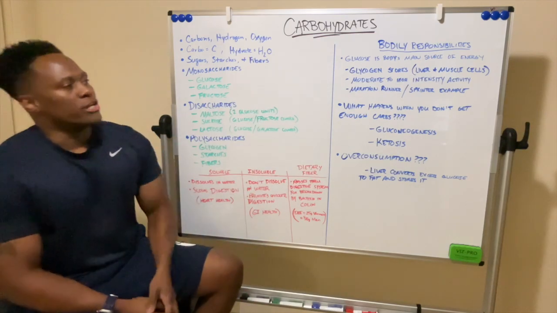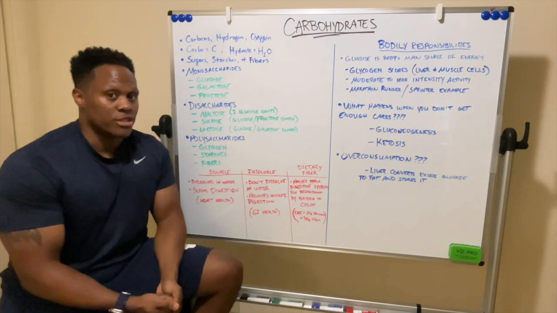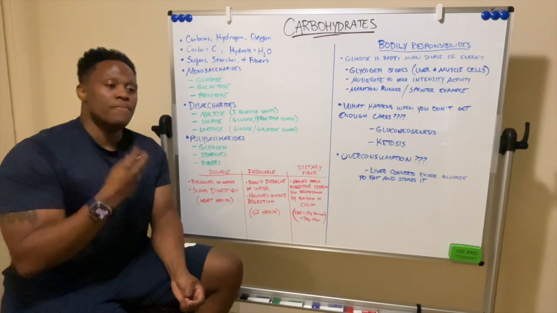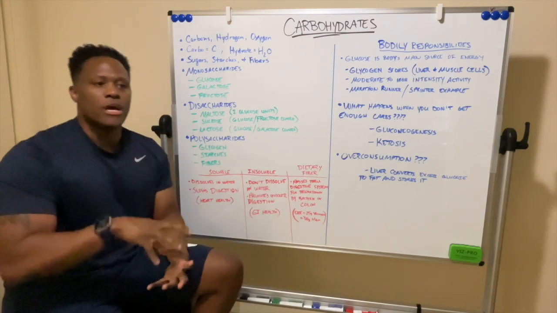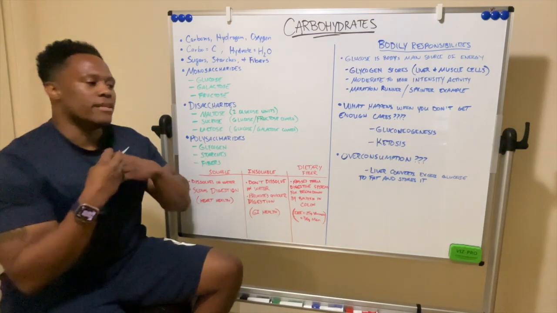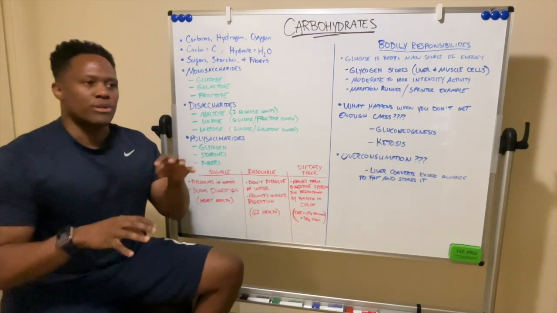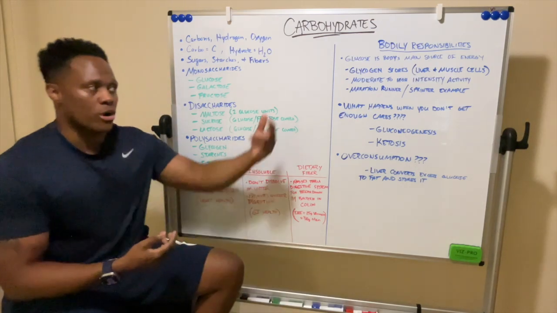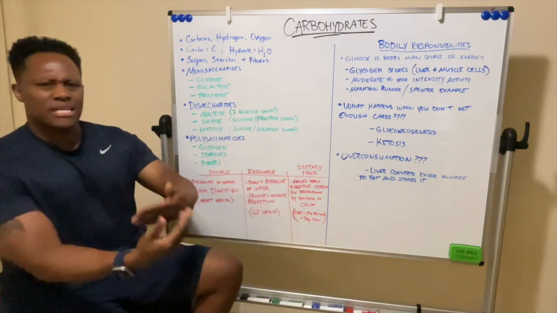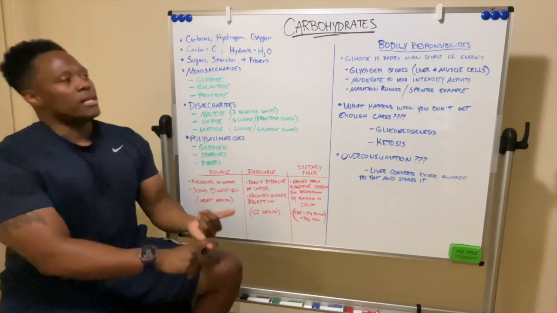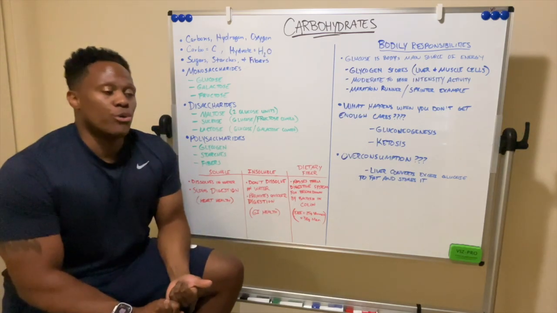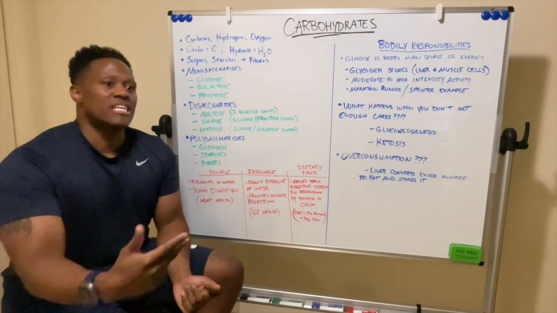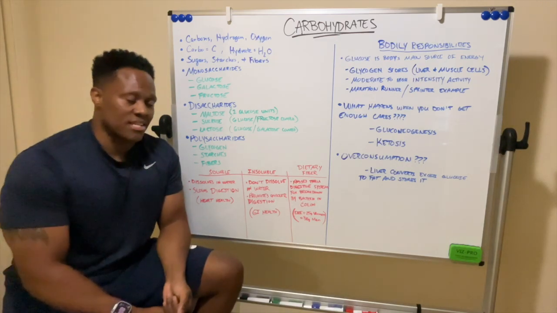So as I mentioned already, glucose is the body's main source of energy. So that's what happens when you eat carbohydrate-rich foods. Your body then takes those carbs, converts it over to glucose, and then uses that glucose for different things, right? Whether it be you doing physical activity, a weightlifting session, or you doing marathon running, sprinting, whatever, any kind of workout. But the thing about glucose that maybe people don't know is that it's not just used as a source of energy for you to conduct physical activity and your daily activities.